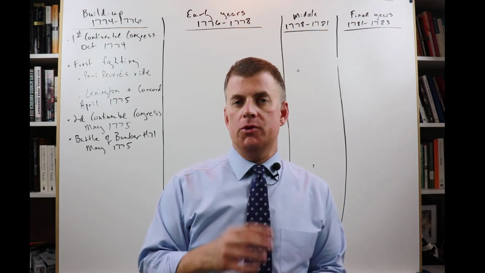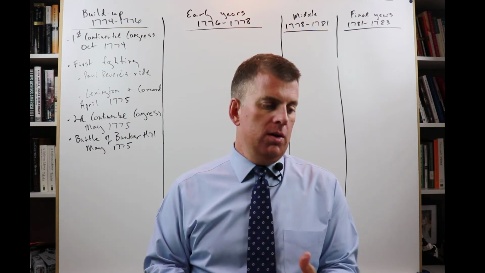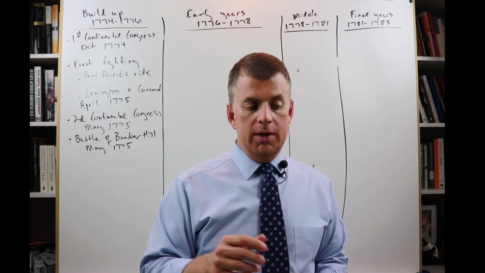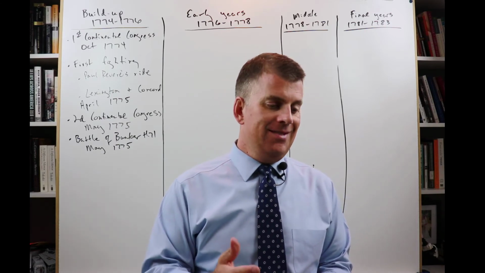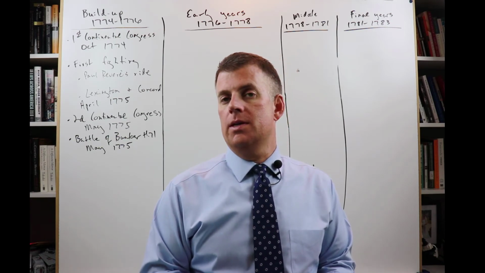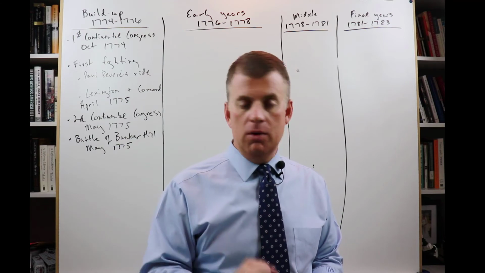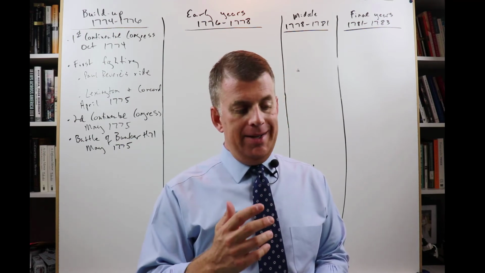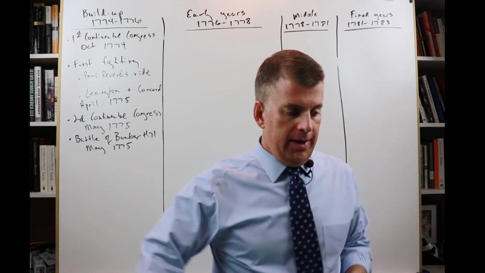Patriot Army had to retreat. It was running out of ammunition. So the British soldiers won, but they lost. The British Army lost twice as many soldiers as the Patriots, as the Continental Army. So this battle showed to the Continental Army that they could hold their own with the well-trained, well-funded British Army. All right, so that's the Battle of Bunker Hill.